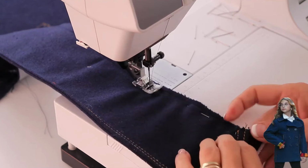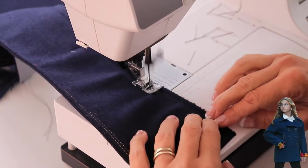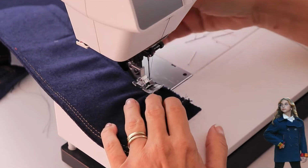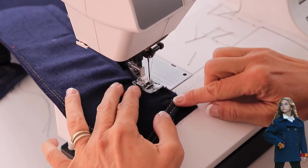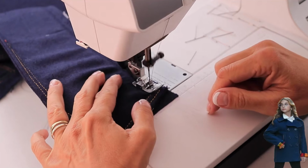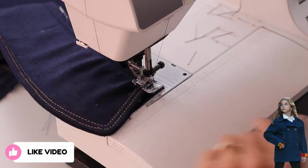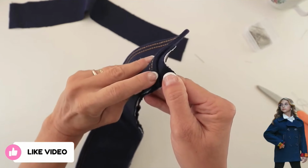Excellent. And don't let the fabric push. It wants to push here. Look, I'm lifting my presser foot and I'm moving it under again, and then I go to the end. And I stop exactly where it ends, right in that point, a few stitches backwards, and I've caught that point